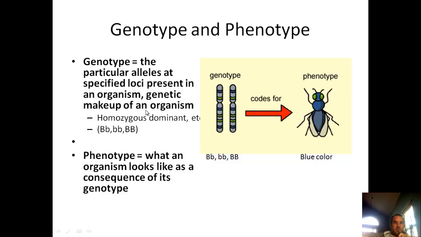For phenotype, it's when that particular combination of genes comes up, what's it going to look like as the organism is built? So the phenotype is the physical traits or the characteristics of the organism. And they come from the consequence of the genotype. So the instructions in the genes are going to tell, as the cells are being built, what the overall organism is going to look like.